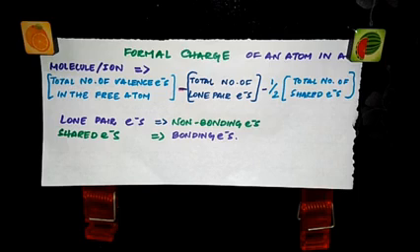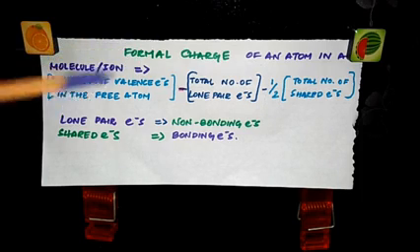Formal charge on an atom in a molecule or in an ion is defined as the difference between the number of valence electrons of that atom in the free state and the number of electrons assigned to that atom in the Lewis structure, assuming that in each shared pair of electrons, the atom has one electron of its own and the lone pair on it belongs to it completely. If you don't understand this statement, you can see the formal charge formula that I've written here.